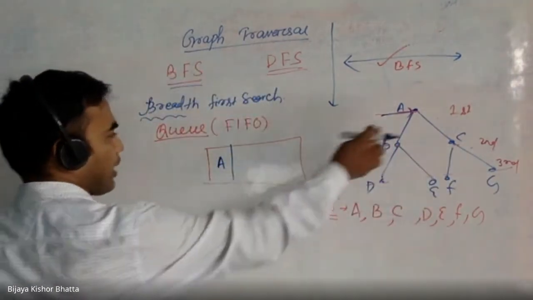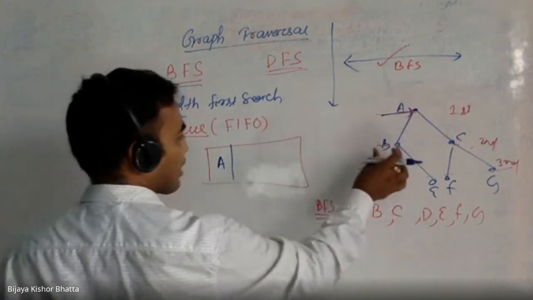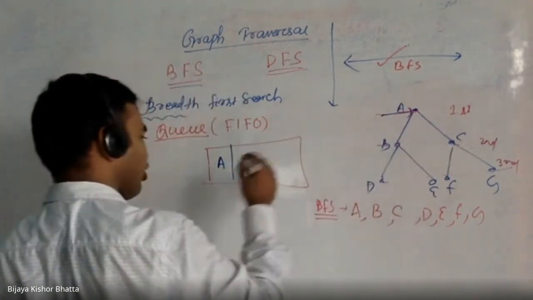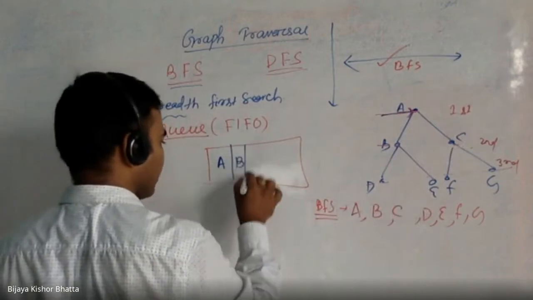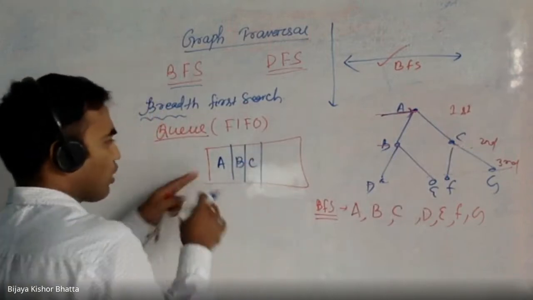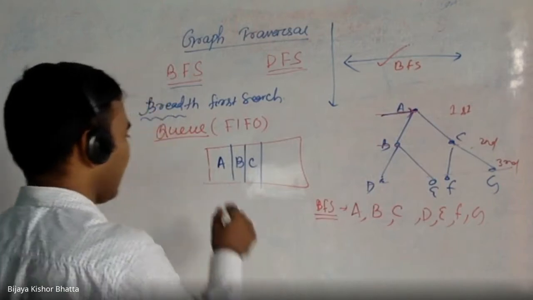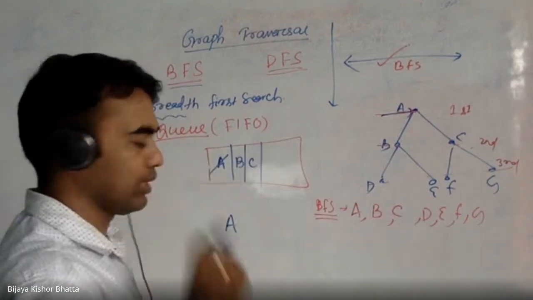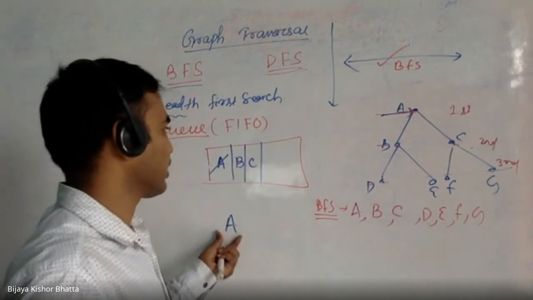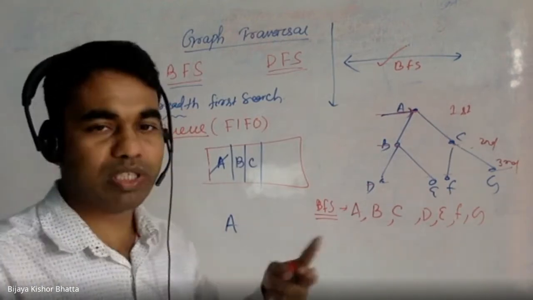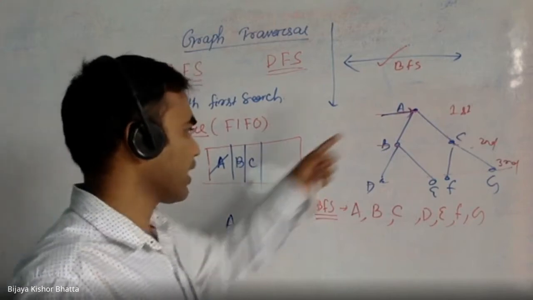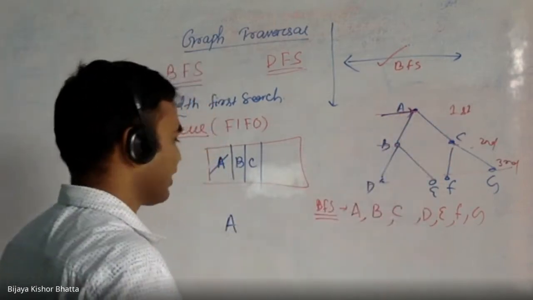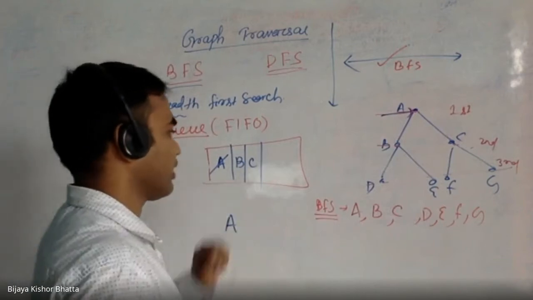Once I find who all are the adjacencies of A, B and C, I will put B and C into the queue. Since there are no more adjacencies of A to explore, I can happily process A. So A will be processed. That is generally two steps: one is to check, and then explore who all the neighboring vertices are. B and C are the neighboring vertices.